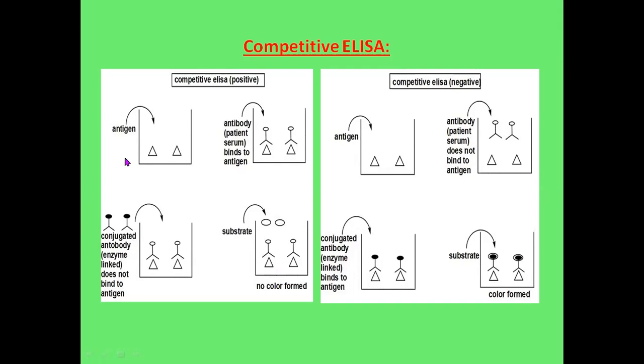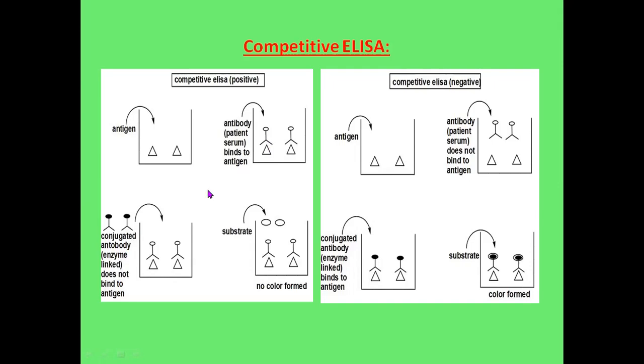So initially, first step, you are adding antigen, that is absorbing material containing antigen. The well is coated with antigen containing absorbing material. So antigen and absorbing material is there in the well. To this you are adding antibody. Patient serum is added. So in case of positive, this will form a complex. Antigen antibody complex is being formed. So to know that the complex is formed, we are adding conjugated antibody, enzyme linked antibody.